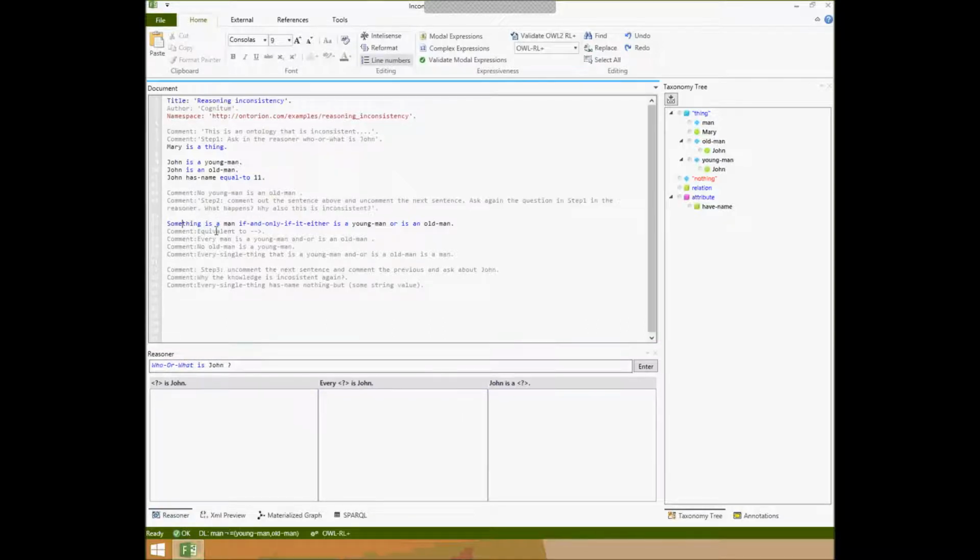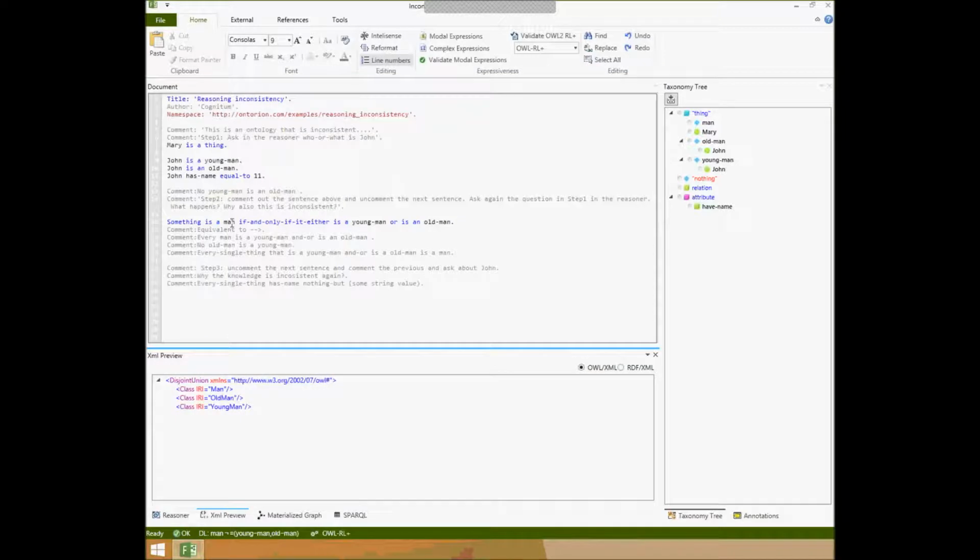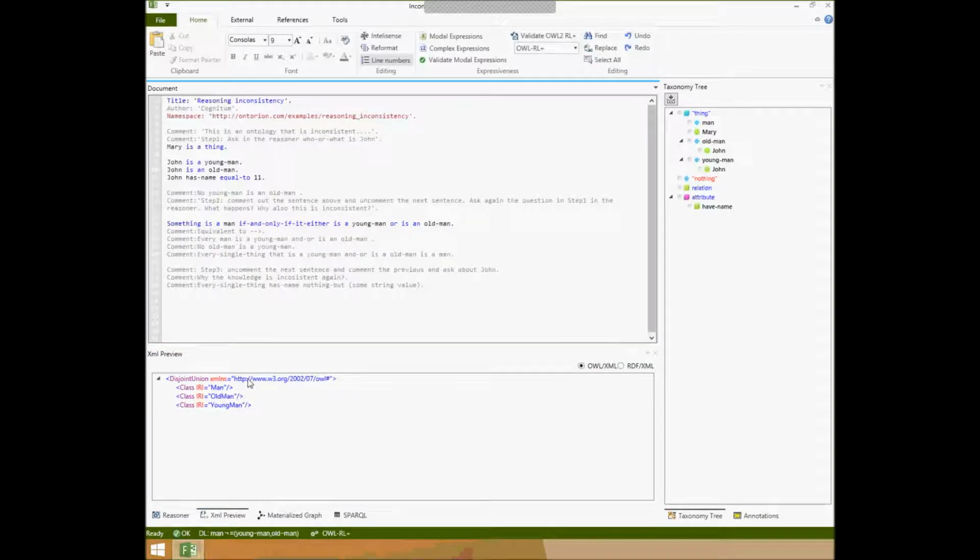So here you have, for example, I wrote that something is a man if and only if it either is a young man or an old man. If you see the OWL equivalent, this is a disjoint union of these three. So that man is a concept that cannot be at the same time an old man and a young man. But the strange thing, maybe it's not completely obvious, is that I have not said anywhere that John is a man. So this means that,